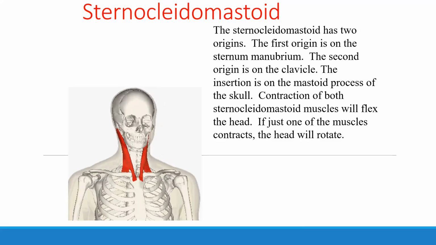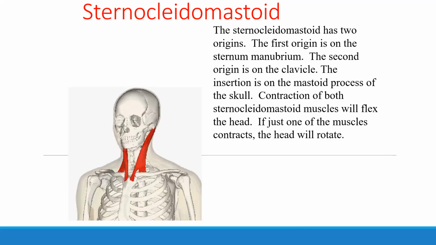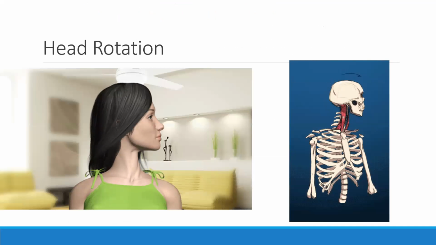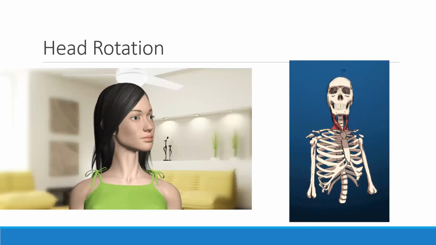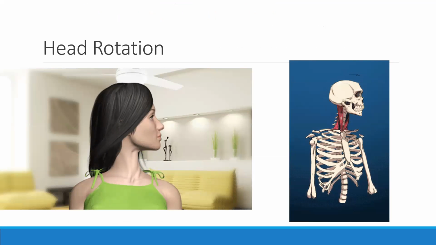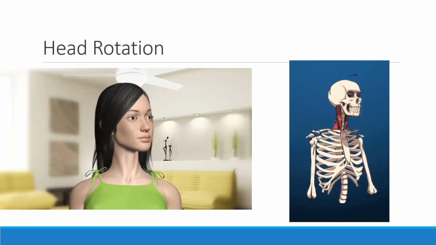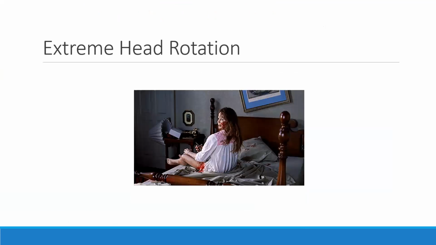and if both muscles contract, the head flexes, so it bobs up and down. If one contracts, the head rotates in the direction of the contraction, like this. You can see, when we contract, the head turns. So we turn either direction. And if both muscles contract, the head flexes and it bobs up and down, like this. And sometimes we have extreme rotation, which doesn't really happen, but